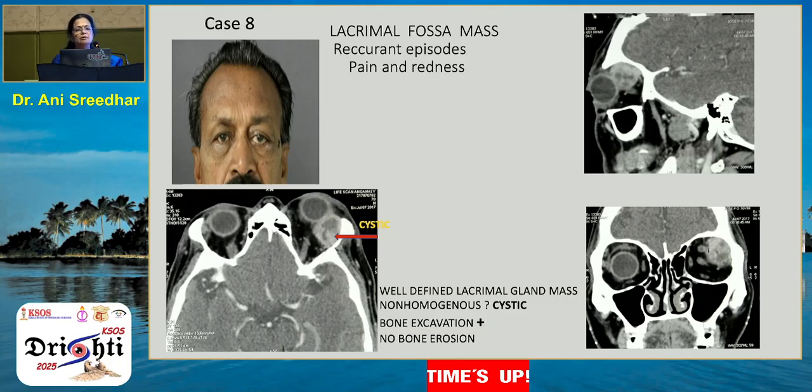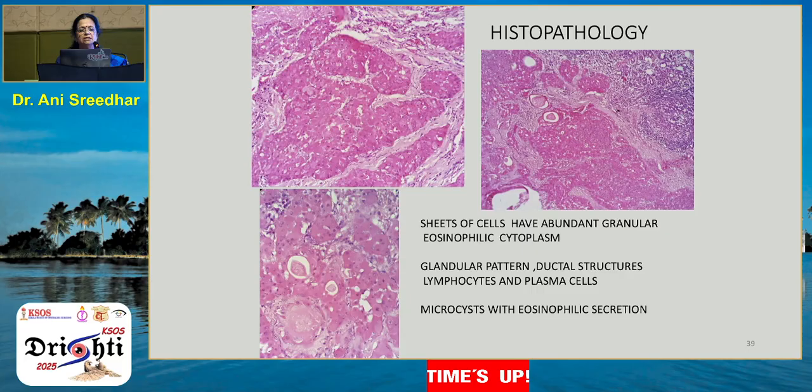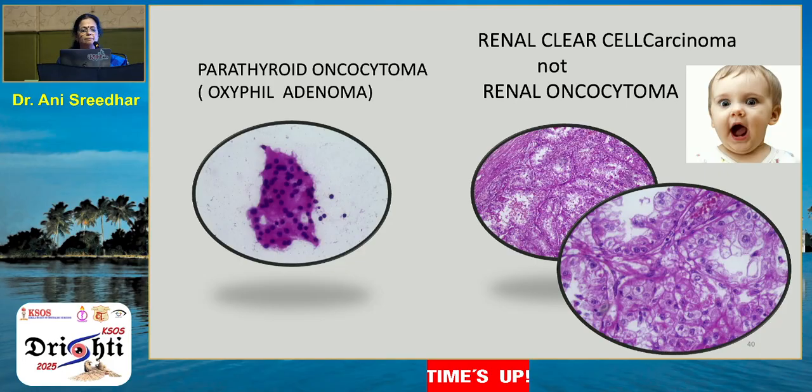This was again a lacrimal fossa mass with pain and redness, which was cystic in nature, and there were sheets of abundant eosinophilic cytoplasm, microcysts with eosinophilic secretion. It was an oncocytoma. All these are quite rare, but we have not reported them. That's the problem. So a PET scan was done. There was a parathyroid swelling, and it was FNAC'd, and it was a parathyroid oncocytoma, and there was a huge kidney swelling. Nephrectomy was done, and we thought, oh, it's a renal oncocytoma, but it was a renal cell